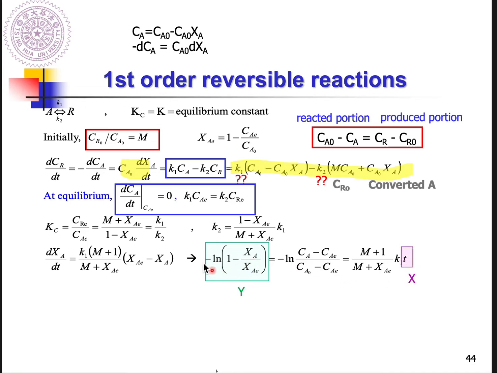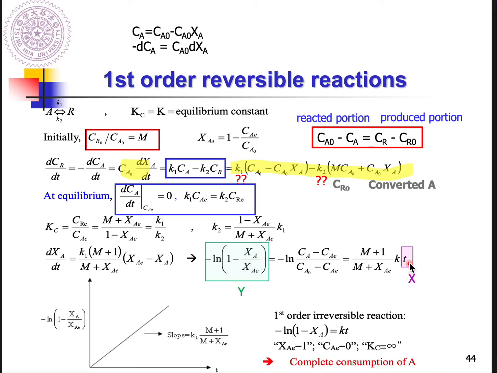And if you take this as the y-axis and t as the x-axis, and you input the XA at different time points, and the curve you get is a straight line, then the slope will be this. If you get a straight line, that means the equation you are interested in belongs to a first order reversible reaction. And from the slope of this straight line, then you can get